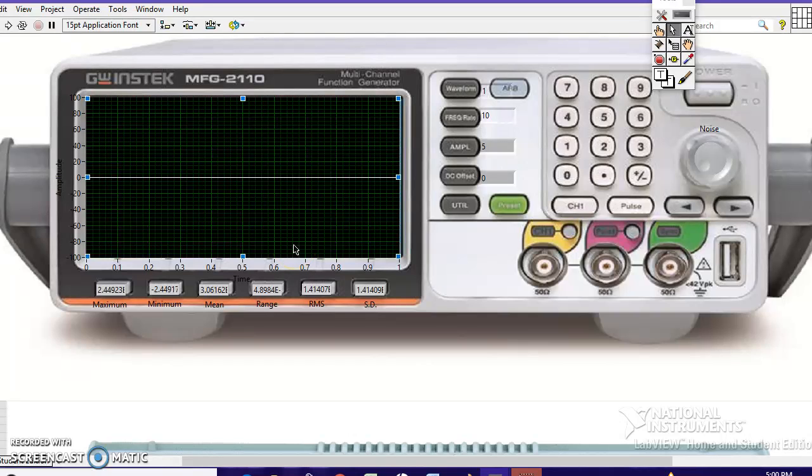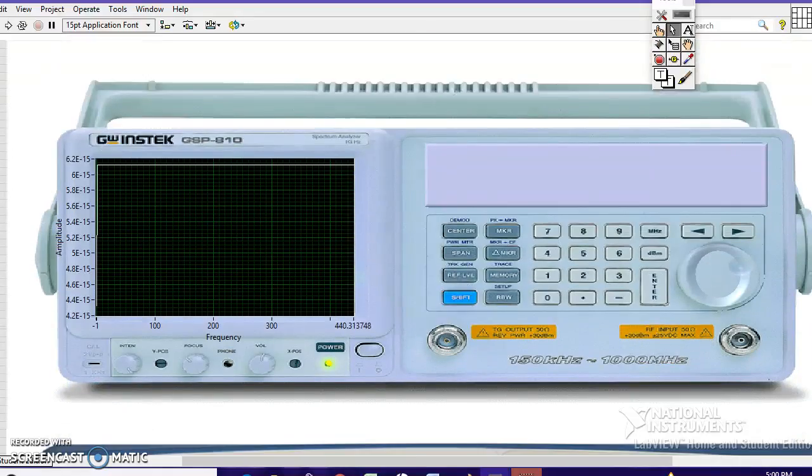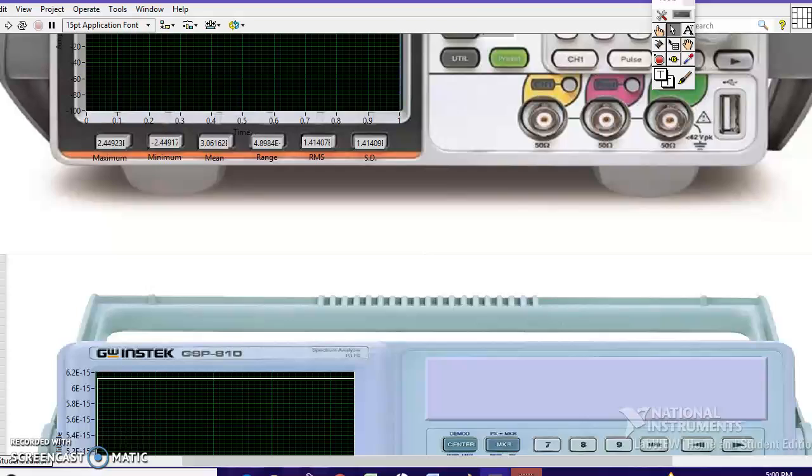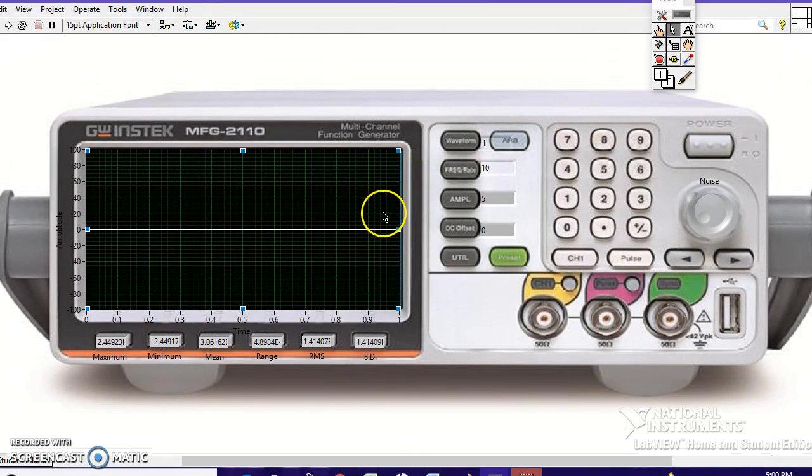Hi, my name's Jess. This is my LabVIEW project for Engineering 267, designing a function generator, spectrum analyzer, and oscilloscope in LabVIEW. This is my function generator here, and if we run this,